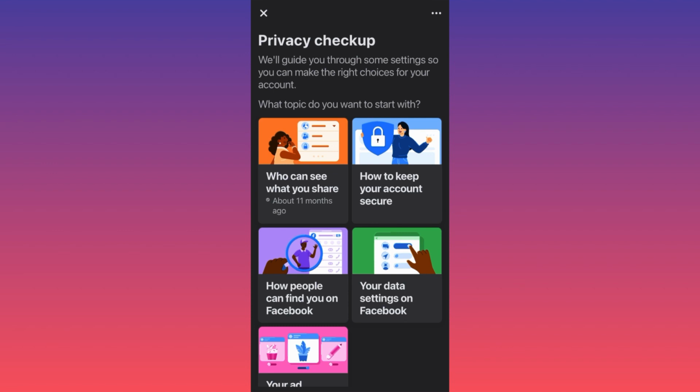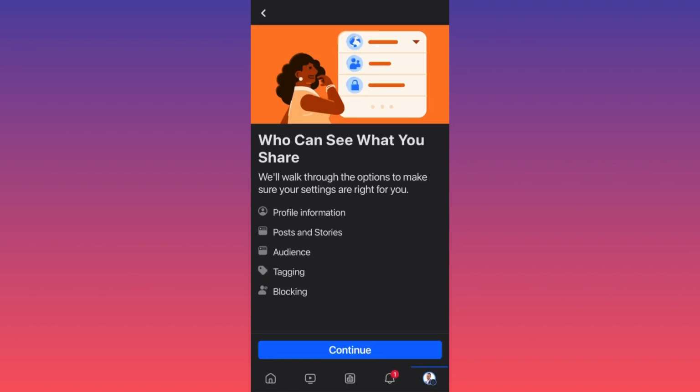From all these options over here on privacy checkup, you want to focus only on the first one. Who can see what you share? So when you click on who can see what you share, you will be forwarded to a page where you